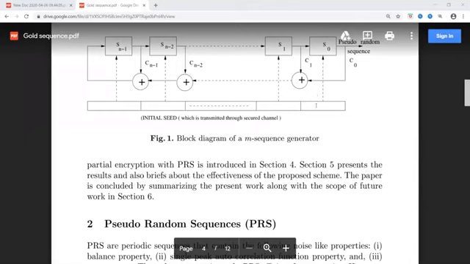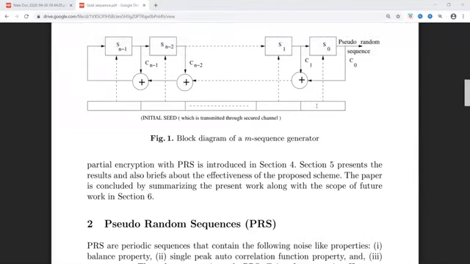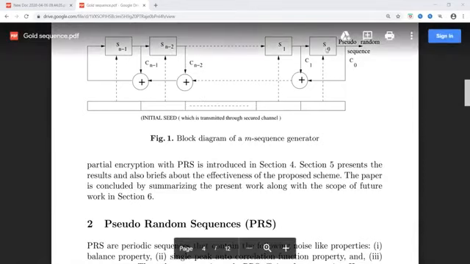So we are loading the initial data through a secured channel to the flip-flops of the shift registers for the intended users. I hope you know what intended users are. I've already told you in the explanation in the earlier sections.